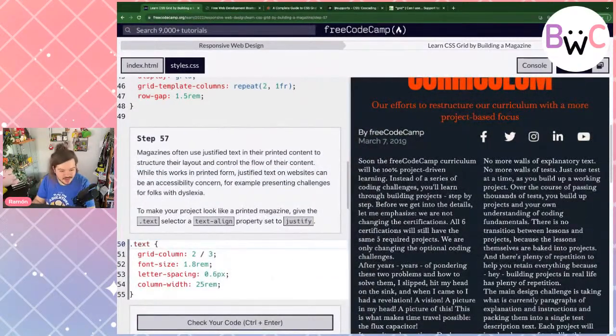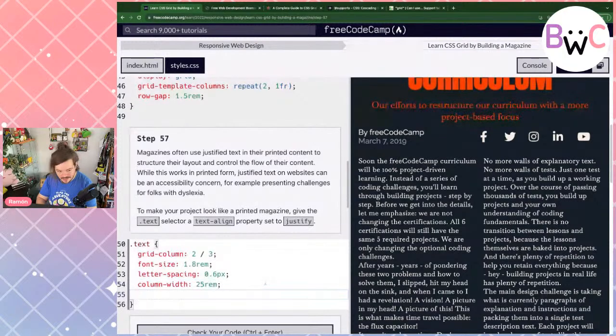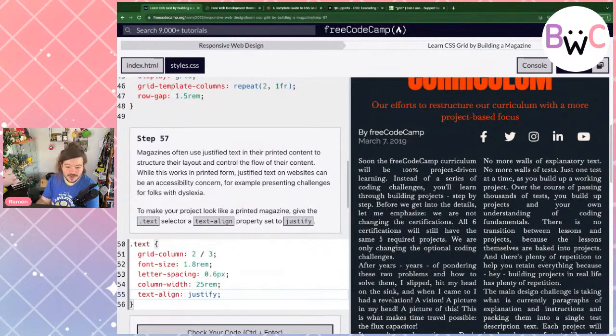And let's see how that looks. Justifying is trying its best to make all the text lines equal in width, which kind of gives it a